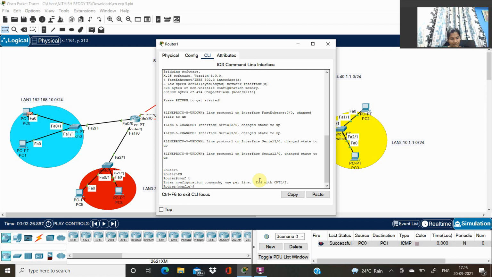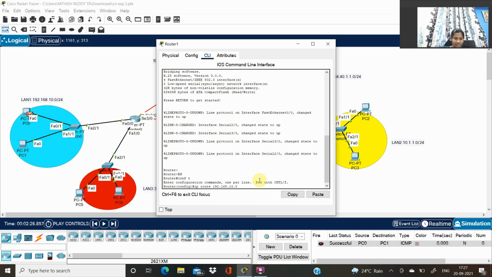And then we have to configure the IP route. We have to give the network address of LAN 1, not the IP address of LAN 1. We have to take the network address of LAN 1, 192.168.10.0.